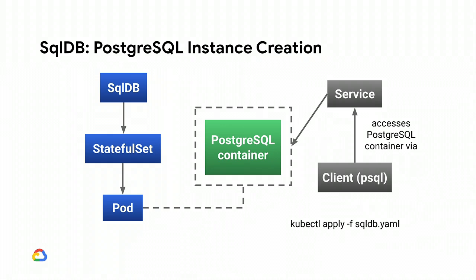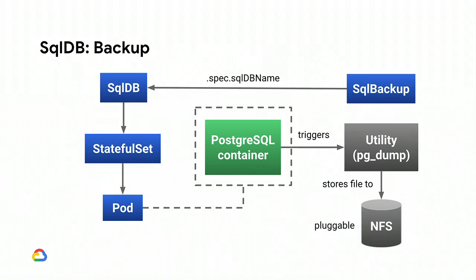And all of this information is hidden from the end users. All the end users have to do is very simple. Just by running kubectl apply on the manifest file, all the users have to do is create the SqlDB resource, and that's it. For the backup workflow, what the users can do with the operator is that he or